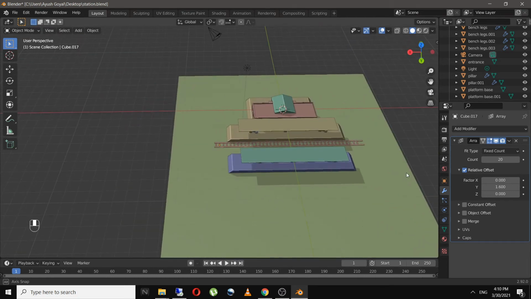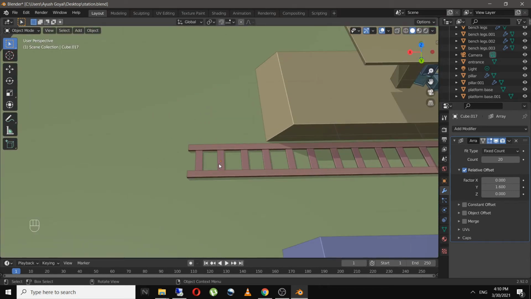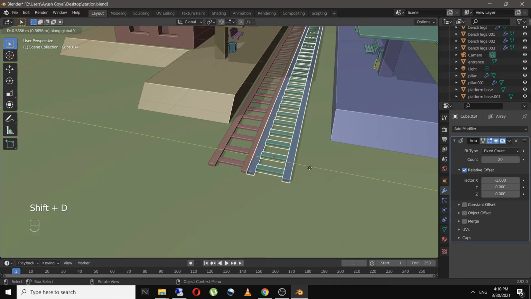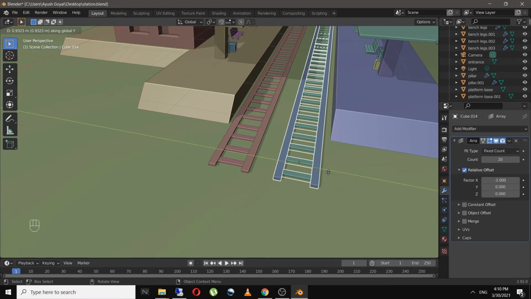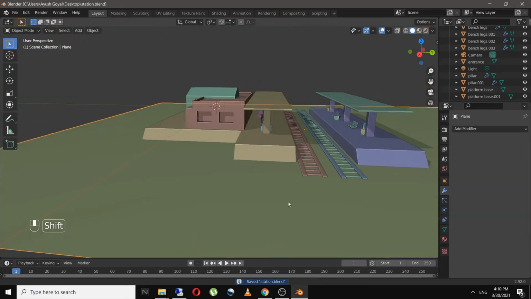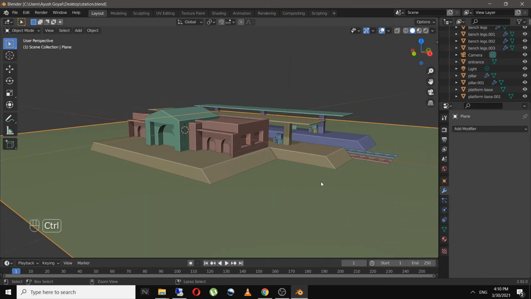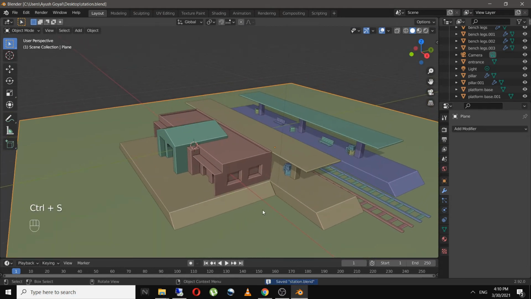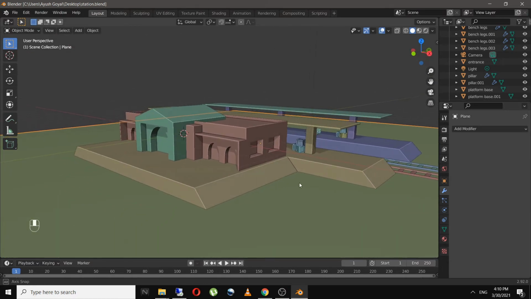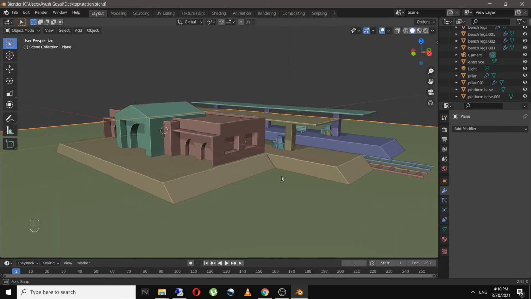So as you can see, we have the tracks ready now. I'll duplicate these tracks and place it on this side of the platform as well, somewhere like this. So as you can see, we are getting close to completing the modeling part of our railway station.